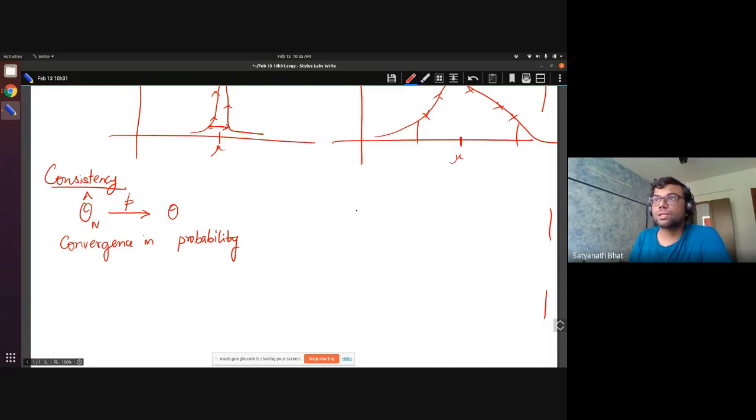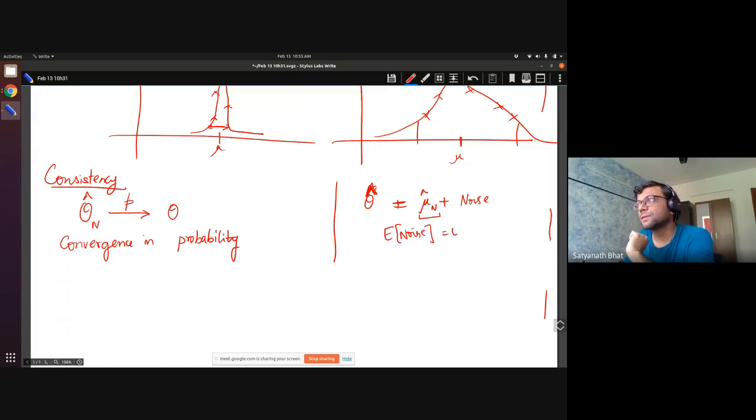So let me say how. Suppose you have an estimator theta hat, and it actually knows what mu is. It will always identify mu correctly, but at the end of it, it will add some noise of its own. This could happen, right? Suppose I have theta hat, it will always identify this correctly, but at the end it will add some noise and give it back to you. And the expected value of the noise could be 0.